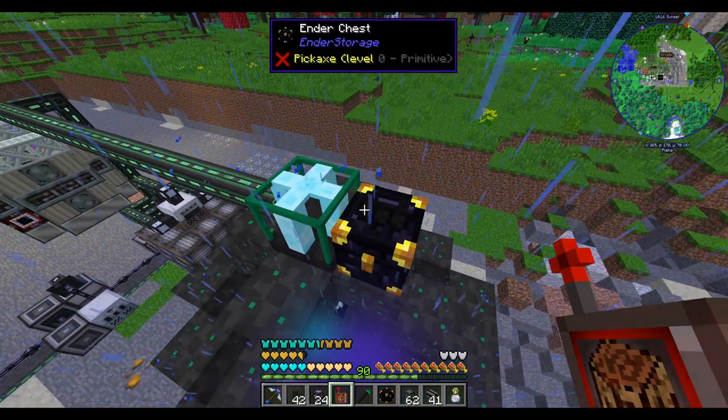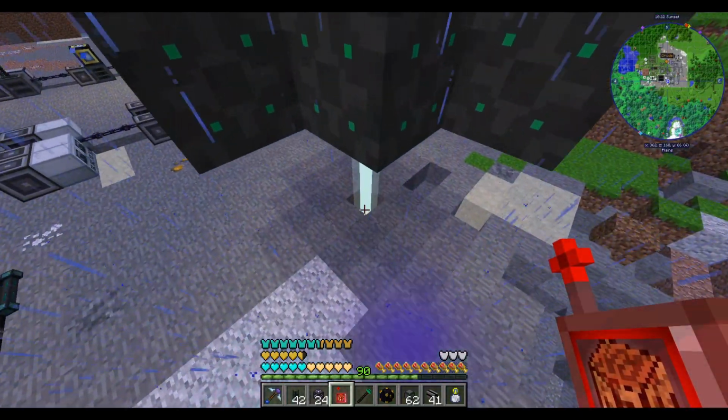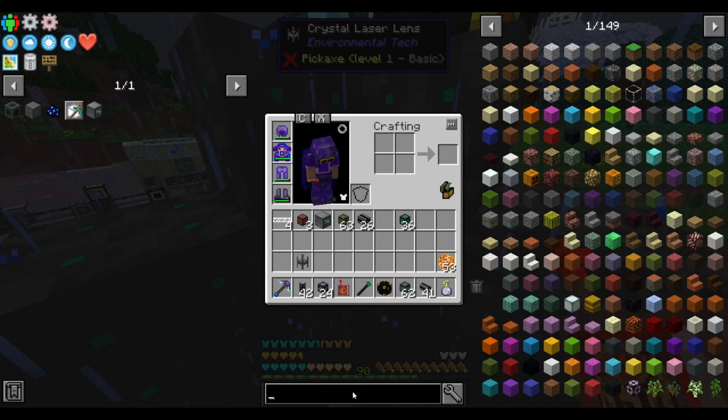For now, I'll just dump everything to the black ender chest. It's black because it's mining the void's black. Like my heart. I don't know. Anyways, I'm also going to switch our lens out, I think, from the crystal lens,